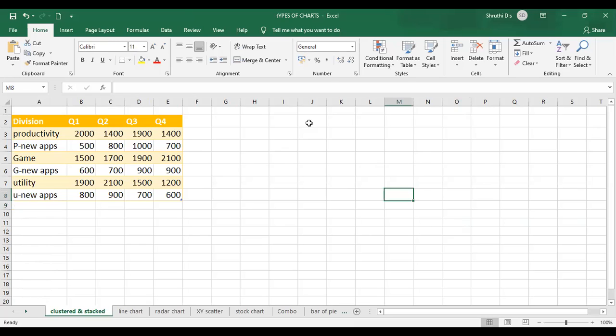Okay, till now we discussed how to insert the charts, right? In different ways, like manually we can insert it, or using the shortcut also we can insert, and where exactly we are going to insert. Those options we have seen, and different formatting options, chart elements, design tab, format tab, all these we have done in today's class, right? So I'll just move on to the types of charts.